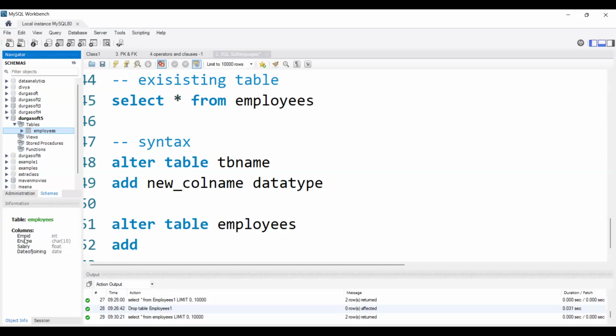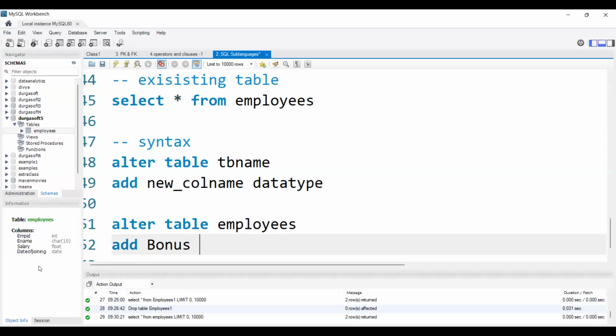So I already have employee ID, employee name, salary and date of joining. Now I wanted to add a new column. Maybe I will add a column called bonus. So that is the reason I wrote the column name here. Add column name, right? Bonus will be my column name.